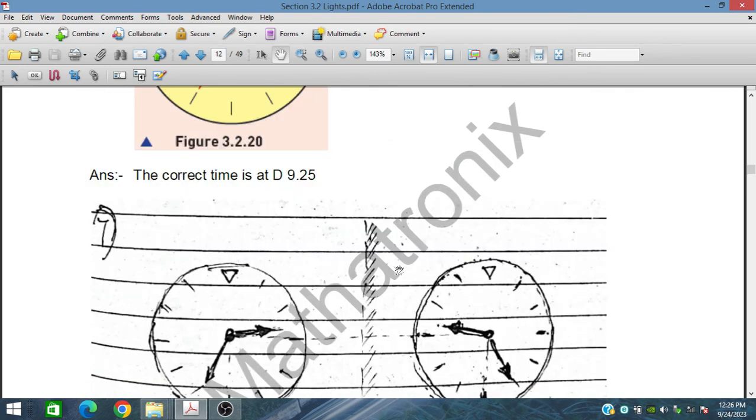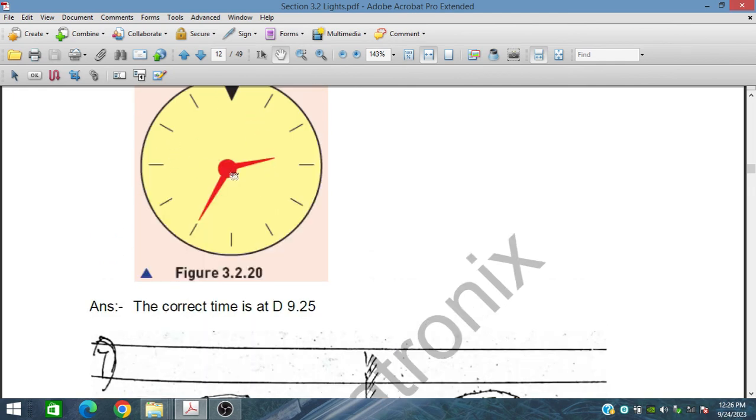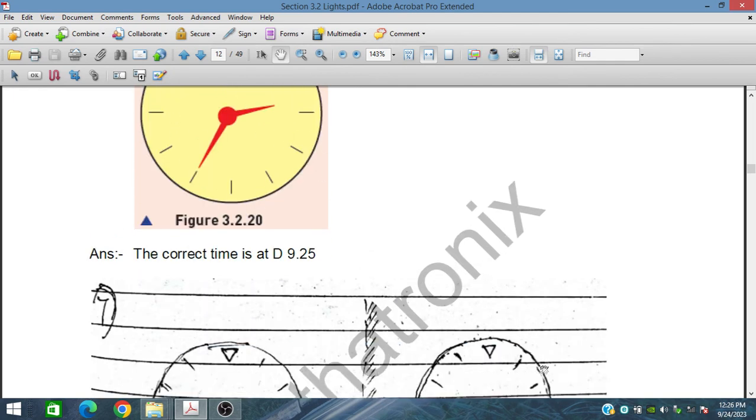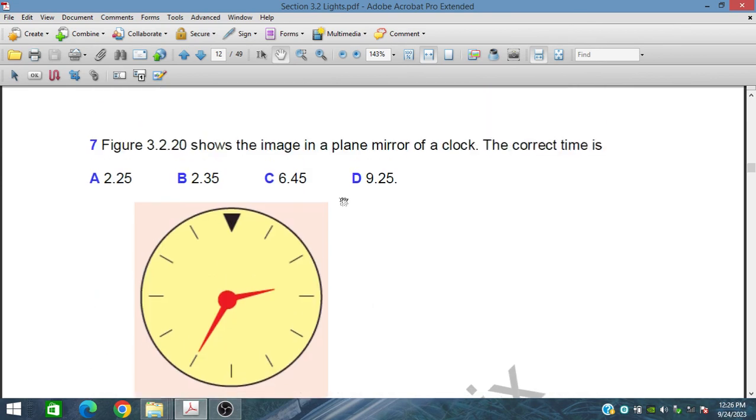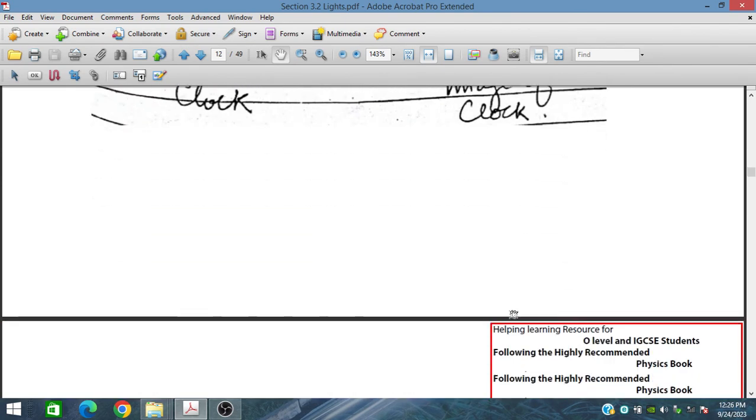So we can form different kinds of images at different angles. This is very, very important. Question number 7. And in the next session,